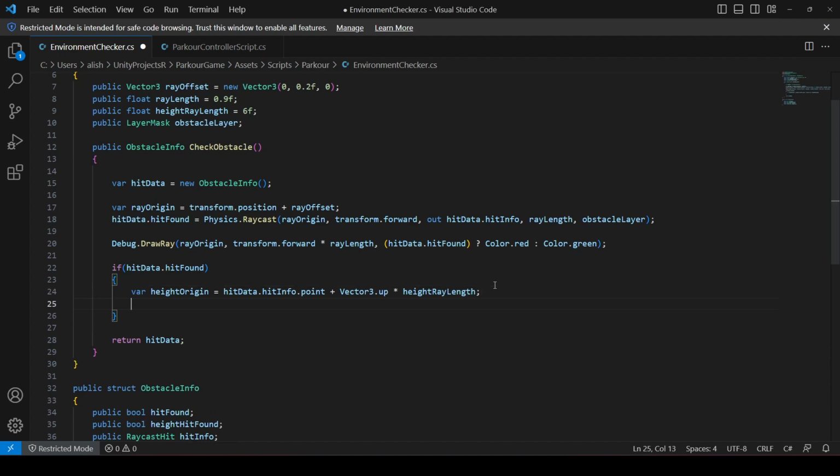So now when we have the height origin, now let's actually create a raycast. For creating a raycast we will say Physics.Raycast. First of all, it needs the position from where we want to create the raycast. As you know, we have already set the position of the height raycast, which is stored inside this height origin. So we will pass this height origin,